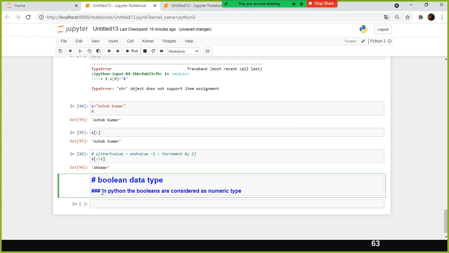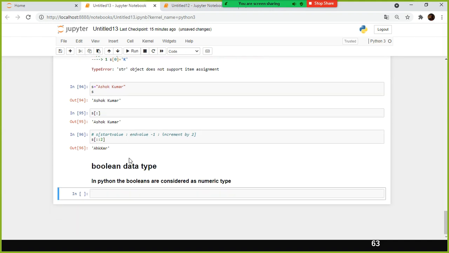If I specify 3 hash, look here, the font size got reduced, right? Those of you who are familiar with HTML can play around with this. Formatting, everything can be done well. Okay, fine. So this is the Boolean data type.